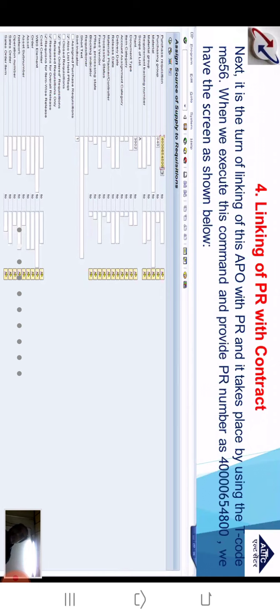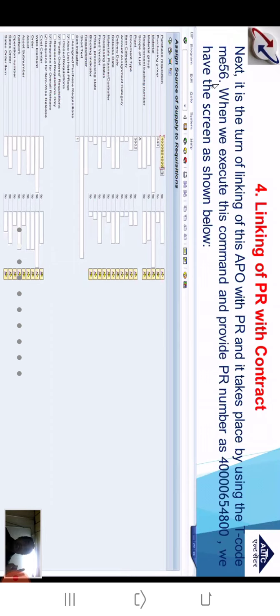Now, don't you think so? Before proceeding to create the AMC order, first of all there is a need to link PR with contract, so that service parameters, vendor details and tax details are made available in a single document, at a single platform. That is the purpose of linking PR with contract. Let us see what is the process of linking this APU with PR. It takes place by using the T code ME56.